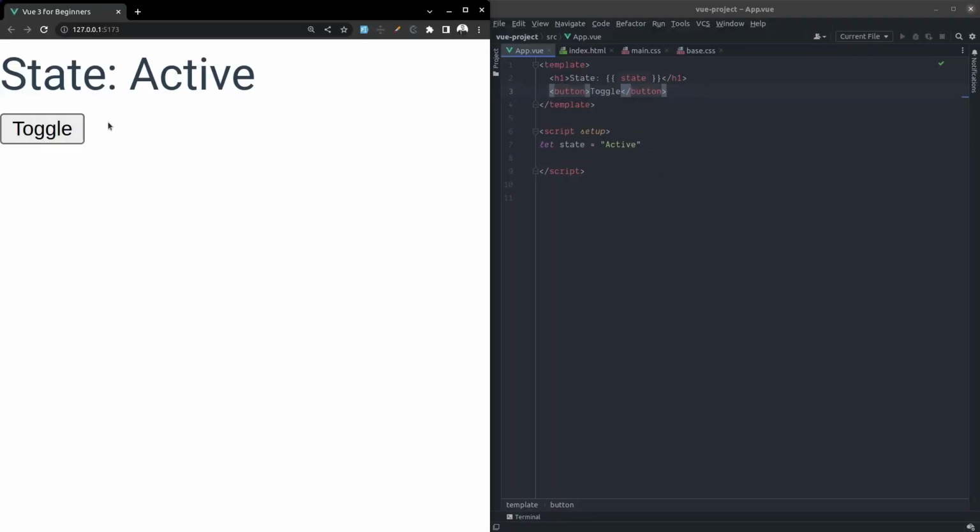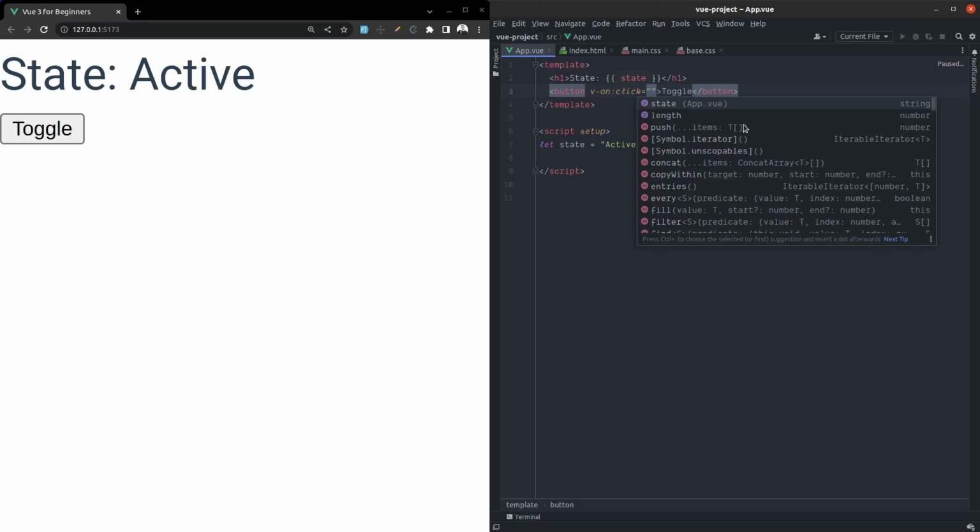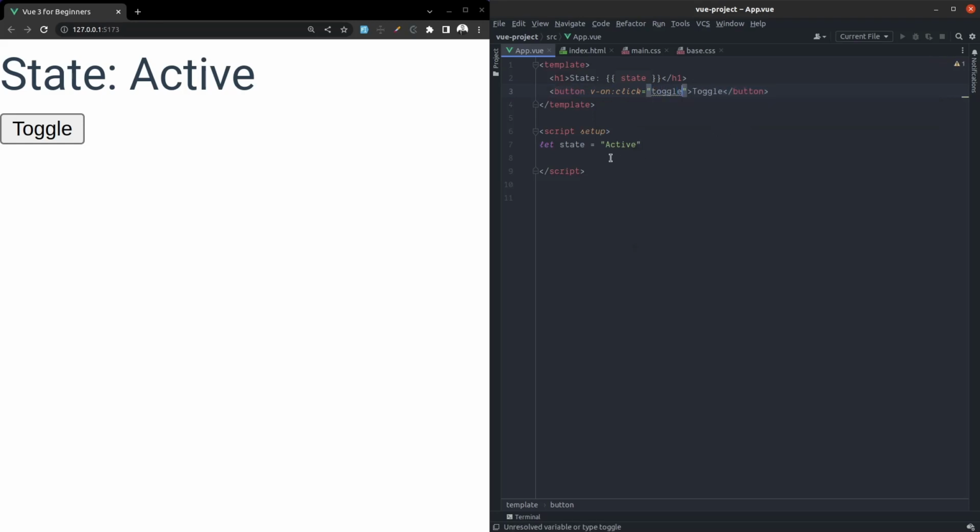Now when we click on this button we want to change this to inactive, and for this we need to add an event listener to our button, and in Vue we can do it by adding a v-on directive followed by a colon and the event we want to listen to. There are a lot of events that you can use, but in this case we need to use click, and we will create this toggle function, and it will be an arrow function, and we want to change state to inactive. Let's give it a try,